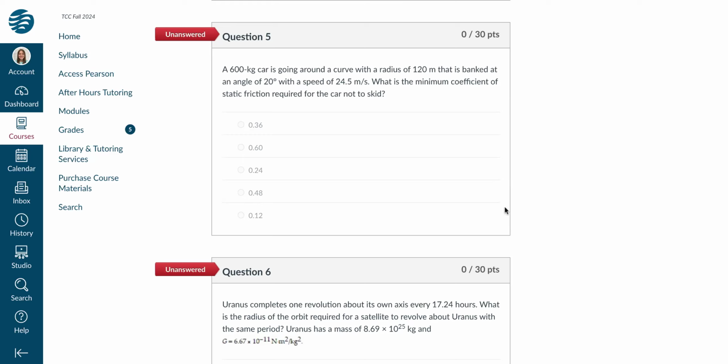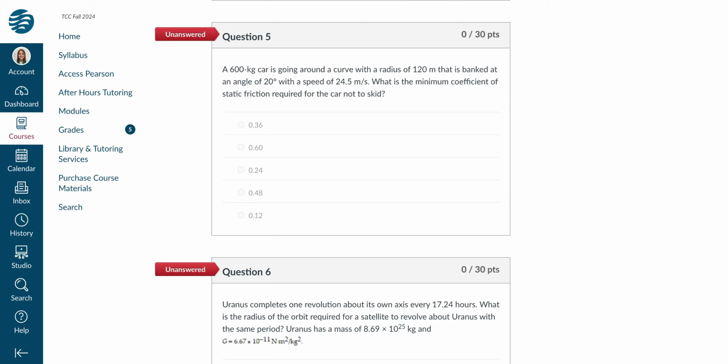And just to make sure we're on the same page, I'm going to write that as 600.0 with an underscore on it, so that I'm claiming right now that 600 is 3 sig figs. I also say that the radius of the curve is 120 meters, and I'm going to again put a zero underbar after the decimal place so I can assume that one's 3 sig figs. The angle theta is going to be 20 degrees,